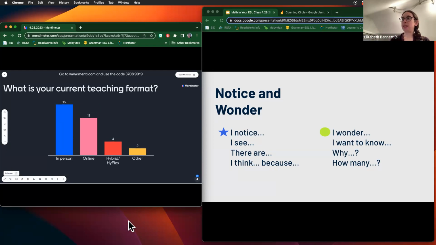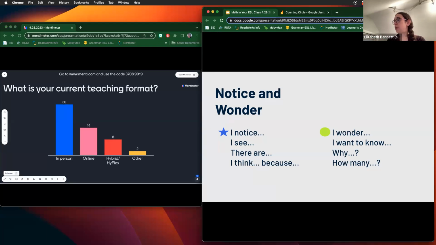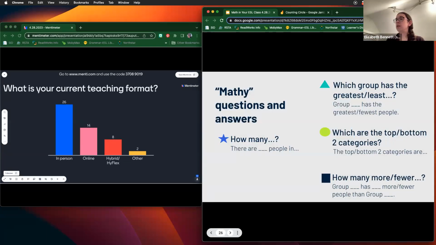So I like Menti because it gives you this option of you can do the dots, you can do a bar graph. This isn't like a really fancy mathy bar graph, but maybe that's better. There's no y-axis, there's no scale, but maybe this is great for just an introduction to reading graphs. And depending on the level and your context, you can also get into some more mathy questions and